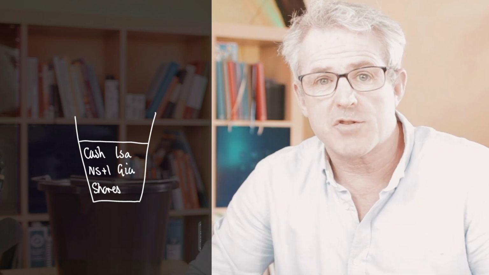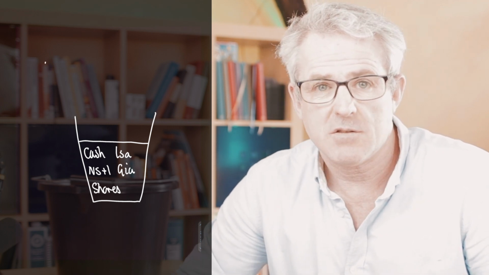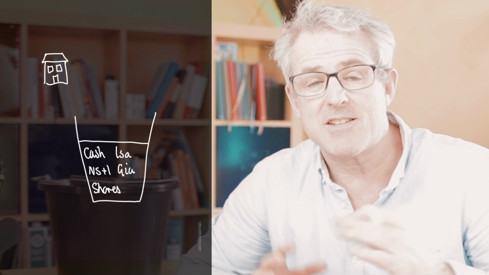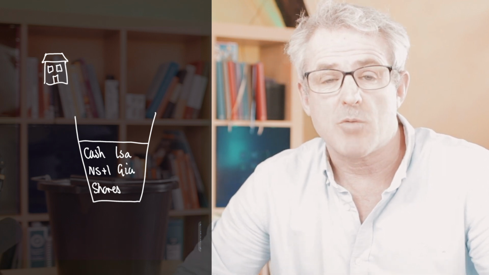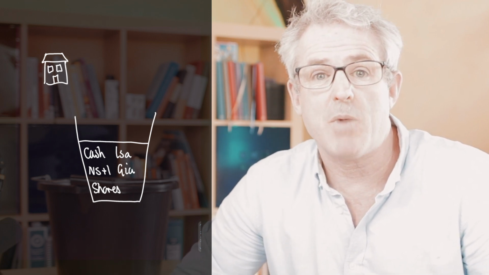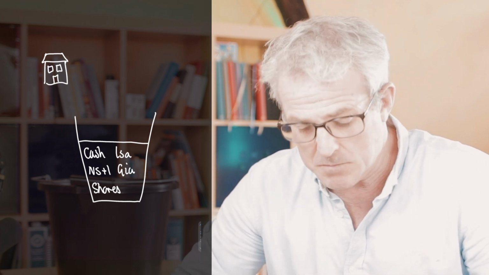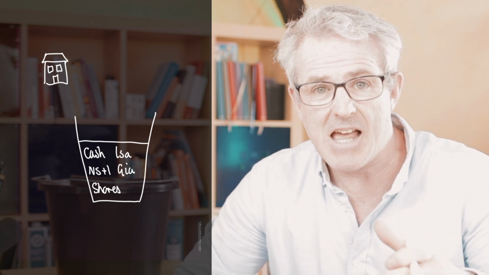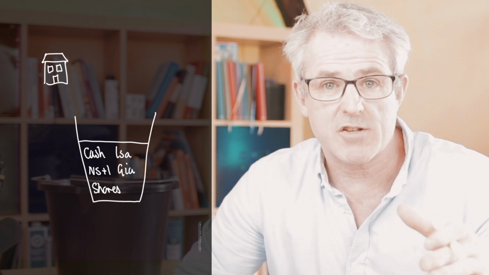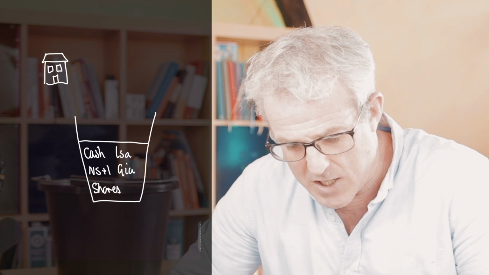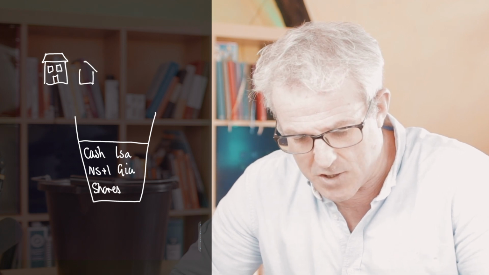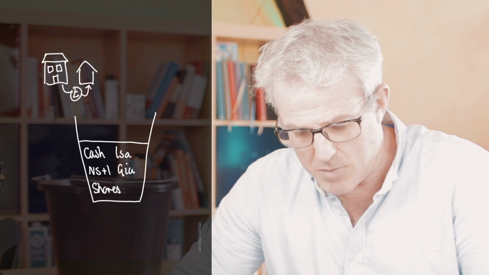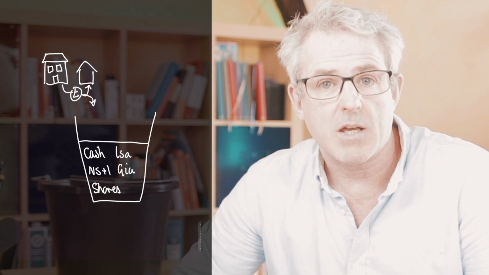Now, you've also got some assets outside your bucket. So you might have your main residence, and that sits outside your bucket. It's worth remembering that your main residence is a liability because it only ever costs you money. It doesn't ever generate any income for you. Your main residence will stay outside your bucket unless you decide to downsize or right size at a later date, in which case, when you move from one property to another, it might release some money that can fall into your bucket.